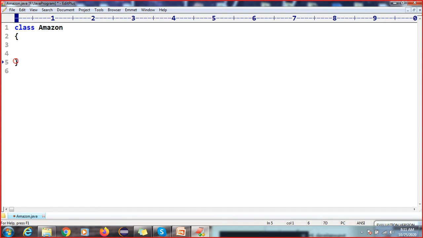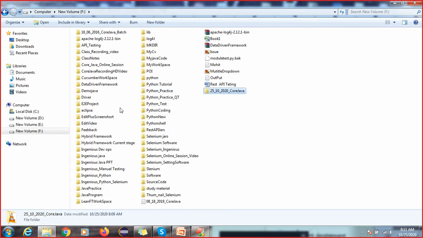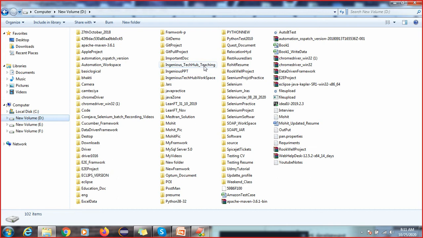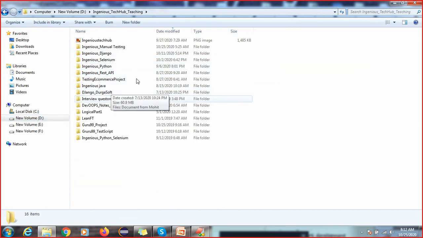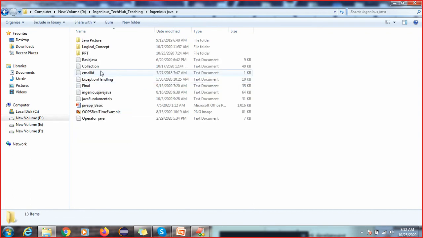So when you are going to start any Java application or Java coding, you can see I created one file, and this is your class name, and you can see what I have mentioned here, Amazon.java. So the file extension of Java, when you are creating any Java application or Java code, is .java. So this is called your source code. A .java file means you have just done your coding. You did not compile, you did not execute.